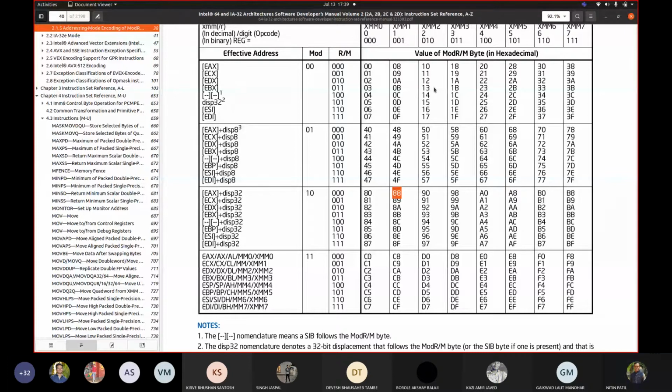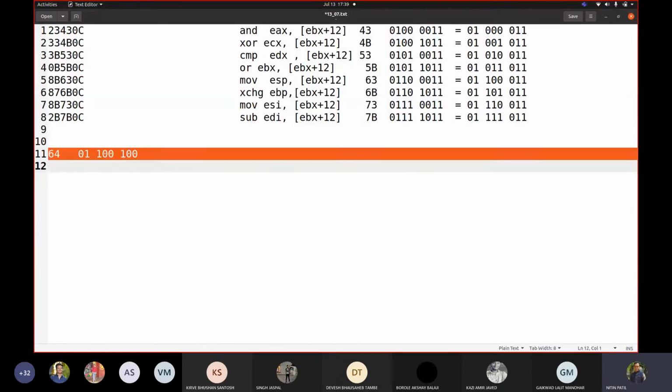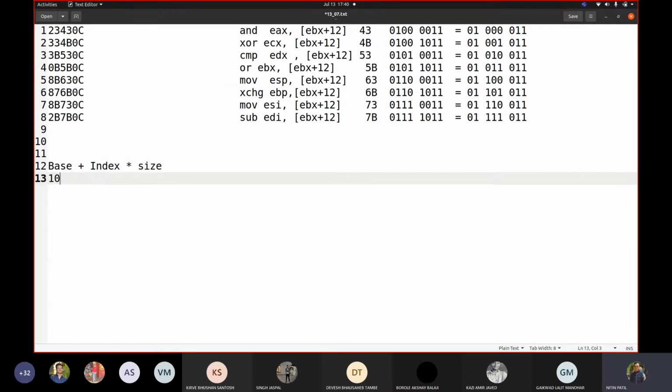Now recall I talked about a matrix with respect to the address. How was it? It was like base plus index multiplied by size. That's how you get to the particular value of an array or a vector. So if your starting address is 100 and the index is fifth and the size of that variable is 1 byte, then the address would be 105. The fifth element could be seen from that particular address.